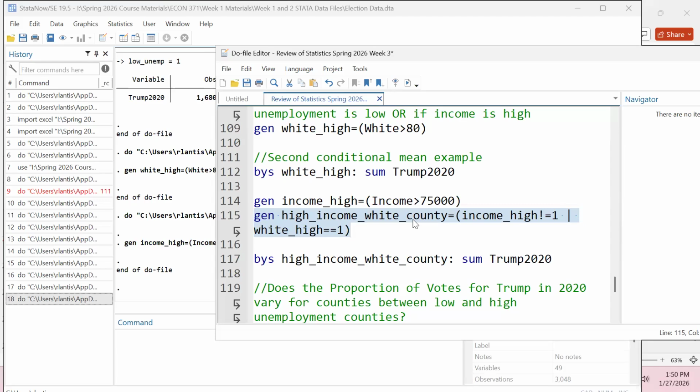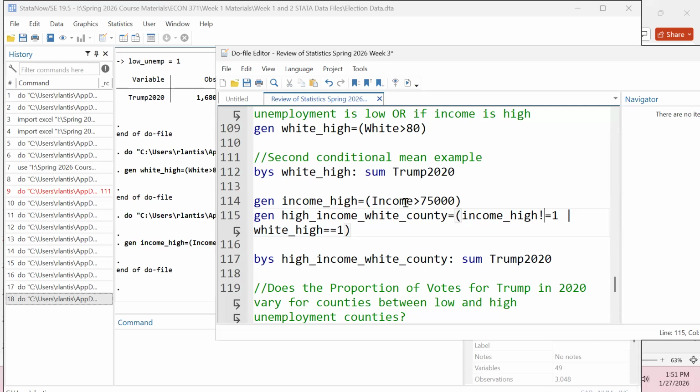So we can use multiple if statements, right? Now I want to create a dummy variable that's equal to 1 only if the county had high income and had a high proportion of white individuals. So what I can do is create this new dummy variable that's equal to 1 if the following statement is true. If I want to have 2 conditional statements, the first is, was this a high income county, right? Here, I use this just to remind myself I wanted to show you this, even though it's not the variable I created. If it was a high income county, let's say I wanted to set this so that it was,